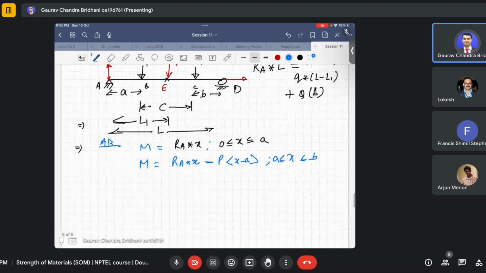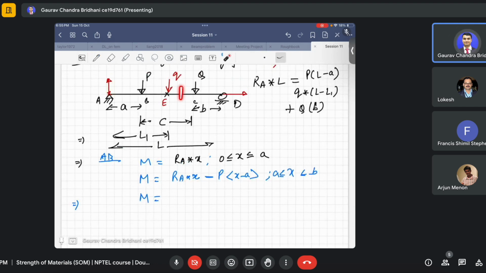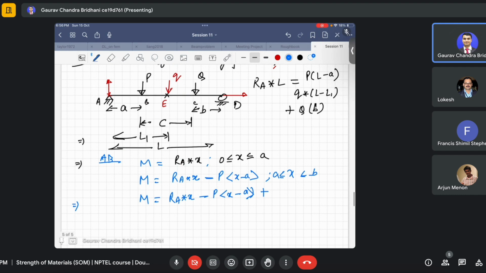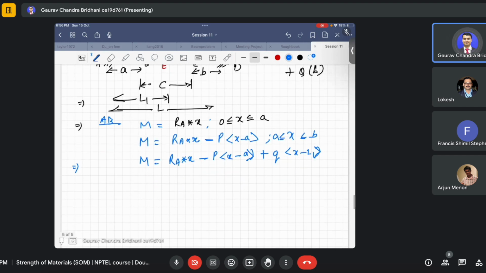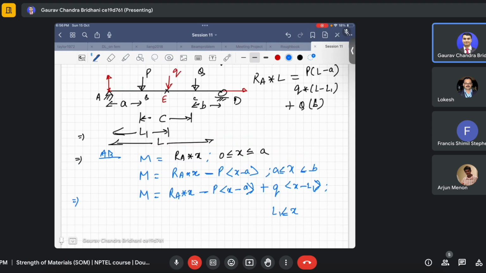Now again we have to write the final M for this portion. So M is RA into X minus P into X minus A plus Q into X minus L1. Okay, this is for X between L1 and greater than